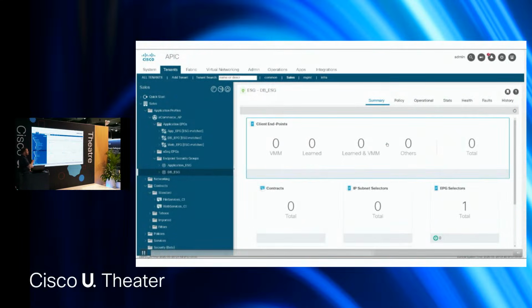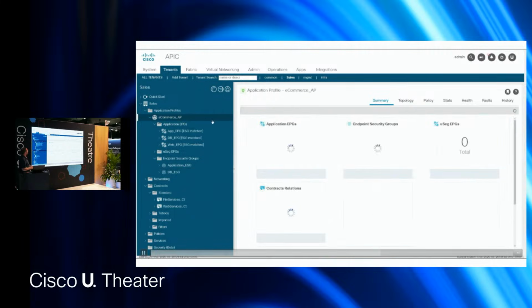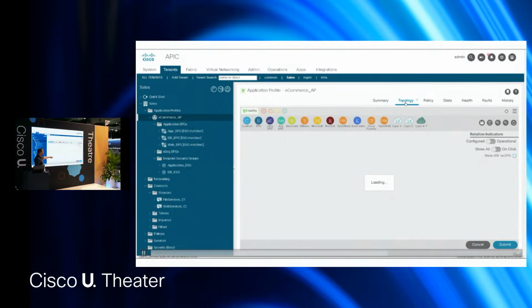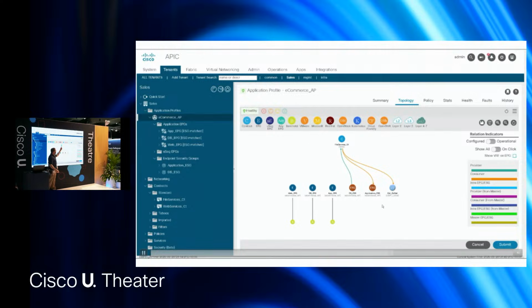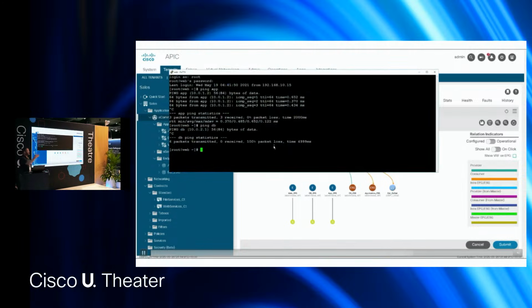Now, if we go back to do a ping test, I'll show the mapping real quick. Notice now the EPGs are still there, but the ESGs are being shown as the mapping just like you would with the contracts before. But it's one contract entry instead of two. So even in this scenario, you've already cut it by half.